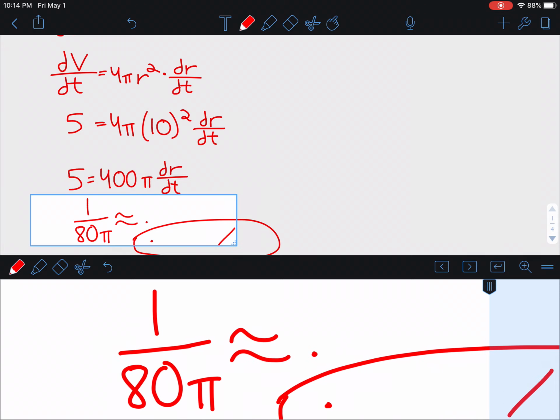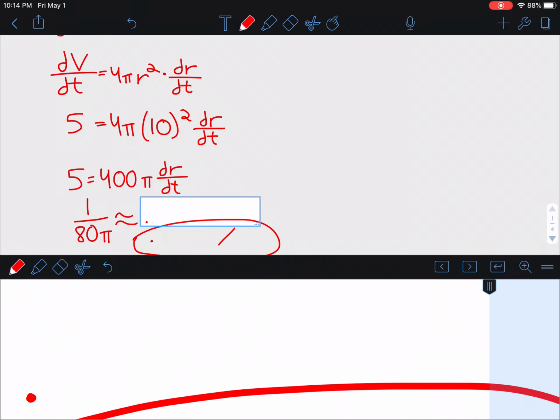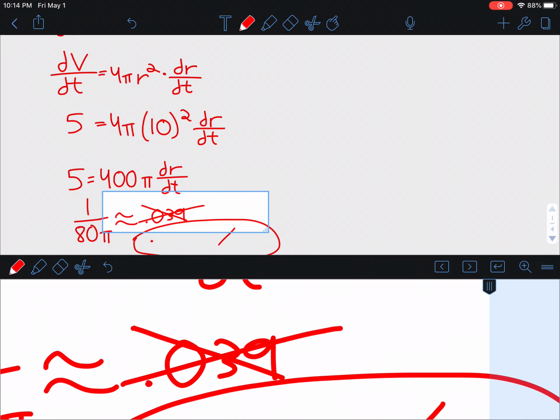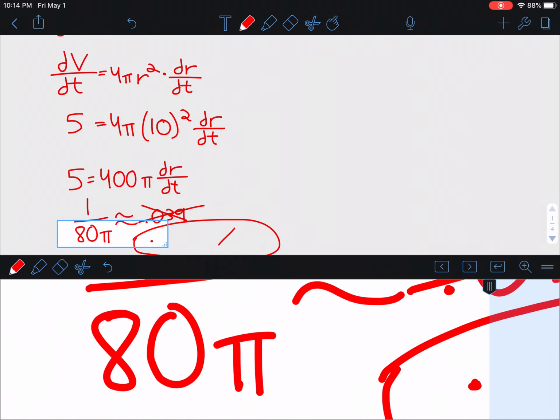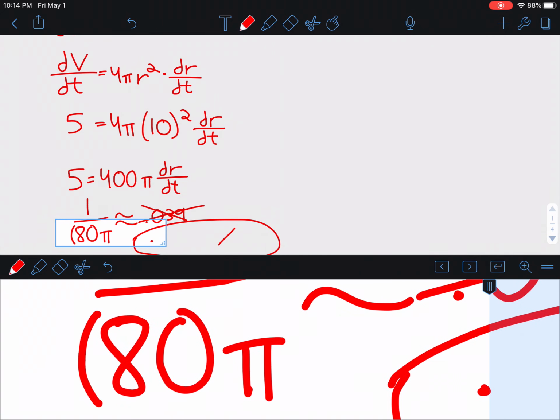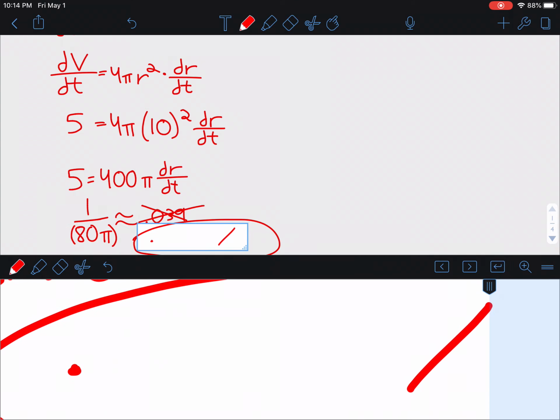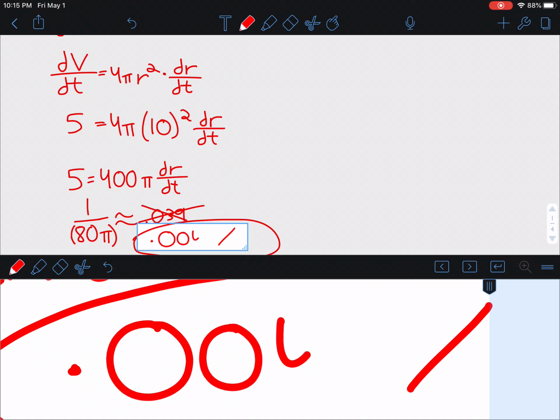And if you're thinking this is a really weird thing for me to ask you to do, that's probably because you know that would get you the wrong answer, because that's not following order of operations, right? And so that would get you on the calculator 0.039, which is not correct, okay? And what you need to remember to do is, if you're typing this in on a calculator, make sure you're putting 80 pi in parentheses, so it's 1 divided by that quantity, and you get your actual answer,